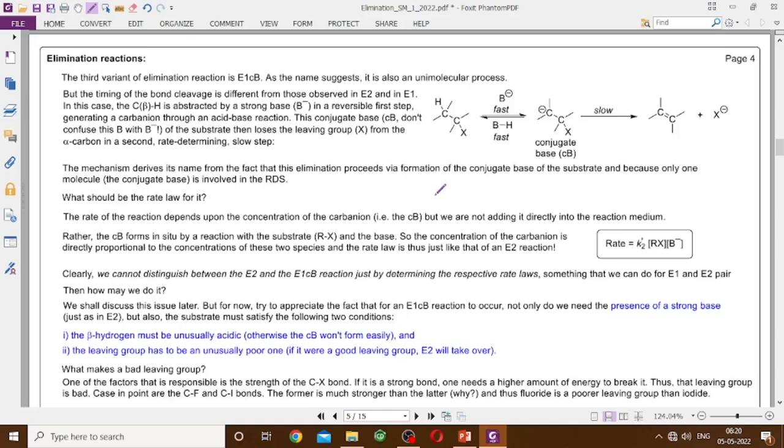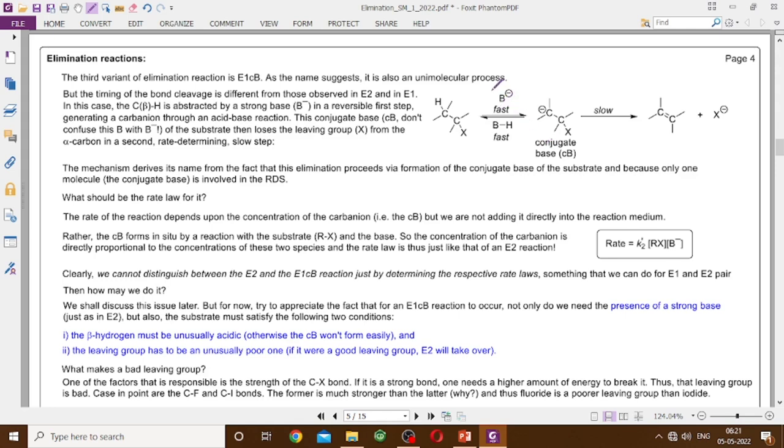Now, the third variant for the elimination reaction is the E1CB. As the name suggests, it is again a unimolecular process. এখানে আবার ওই CH আর CBr বন্ডের ব্রেকেজের টাইমিংটা ইজ ইয়েট ডিফারেন্ট। আগে আমরা দেখেছি E2 তে ওটা সাইমালটেনিয়াস, E1 এ CBr আগে ভাঙছে, CH পরে ভাঙছে। E1CB তে উল্টো হয়, আগে CH ভাঙে তারপরে CBr ভাঙে।